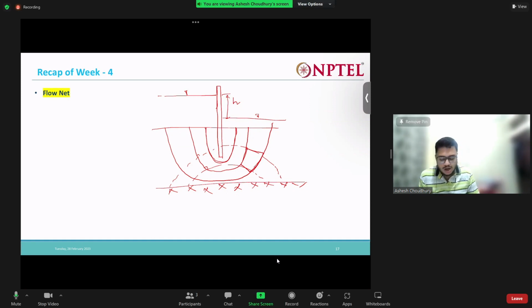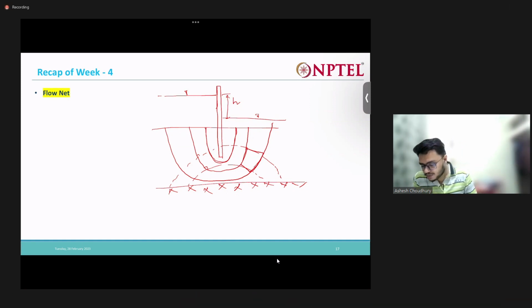And there are some more properties. This base line is also a flow line. So flow can also happen here, right? So this is also a flow line, and flow can also happen here, so this is also a flow line. These two are flow lines, correct? So now, using trial and error, we need to construct the flow net. After we construct the flow net, we can calculate